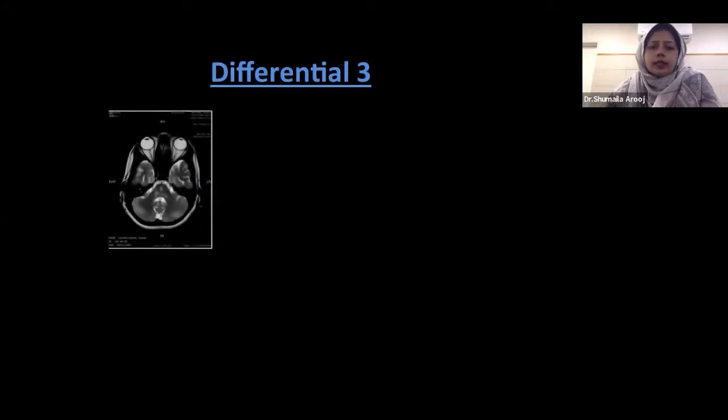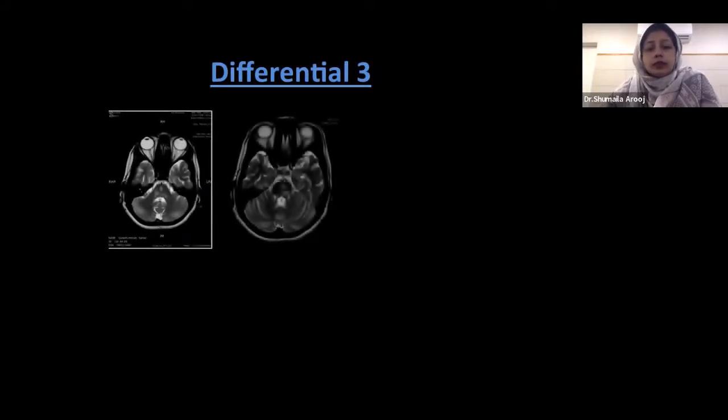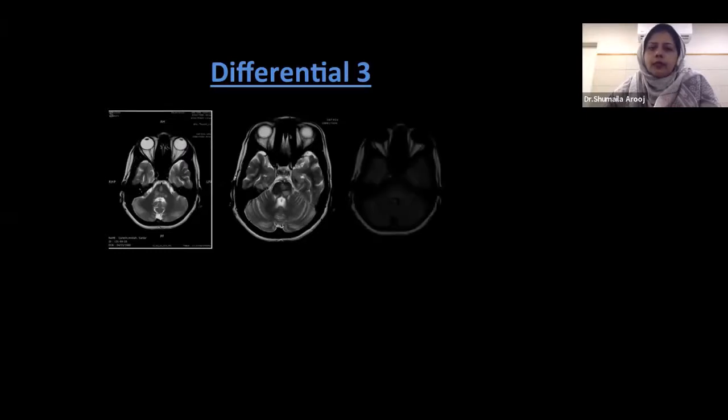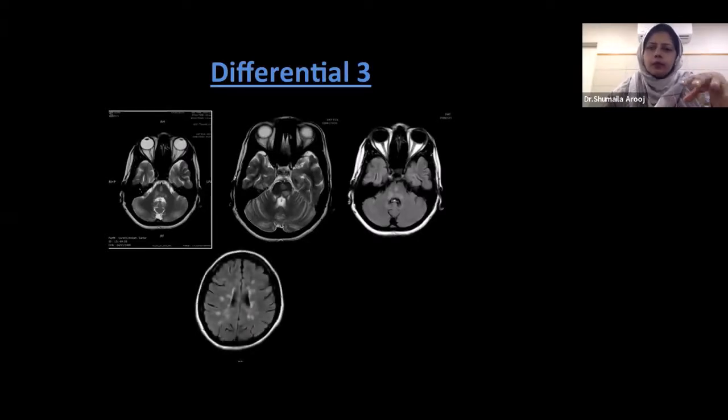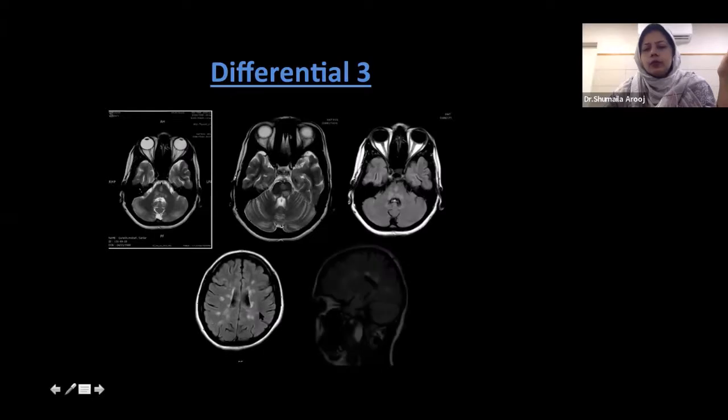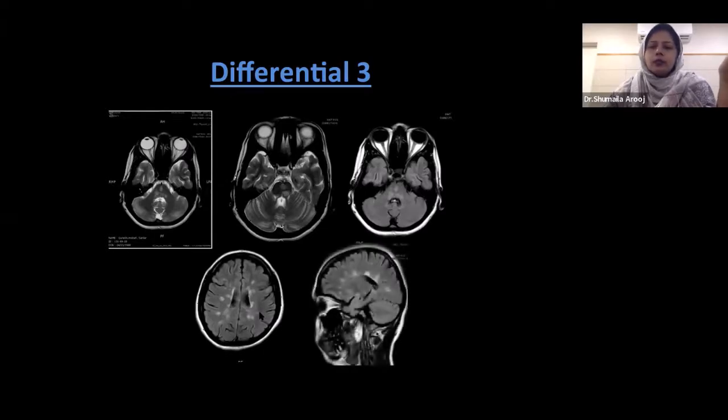This was another case, which I was discussing in my last meeting as well. The patient was a doctor himself who was reported as a case of pontine mass, and he was advised radiotherapy in a hospital in Islamabad. When we focused on the rest of the brain, we could appreciate a lot of ischemic changes, and the patient had a history of smoking for 20 years and had also had a CABG surgery. So this was basically